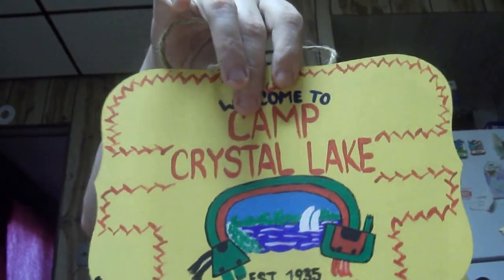I'm definitely going to be hanging this up. Huge fan of this. Awesome stuff. So again, Katie has always outdone herself. The price was, I think, $25 plus shipping, so $31 shipped. And again, you get the Crystal Lake hand-painted